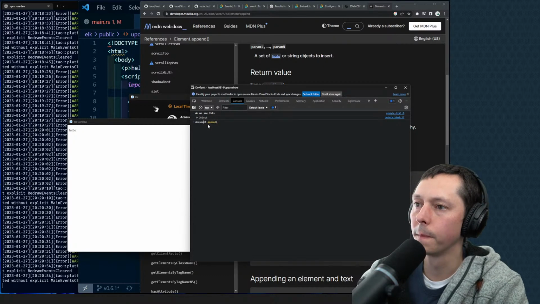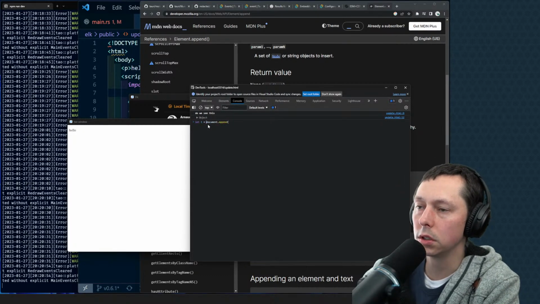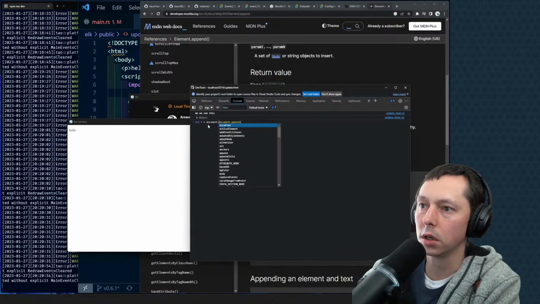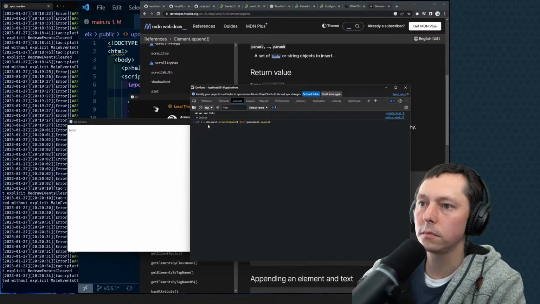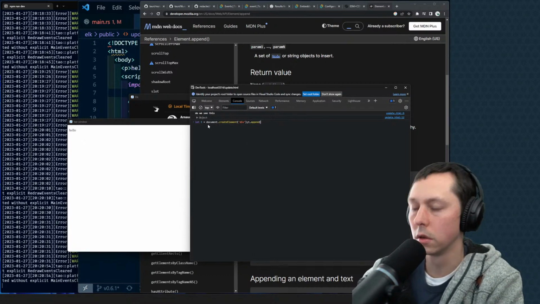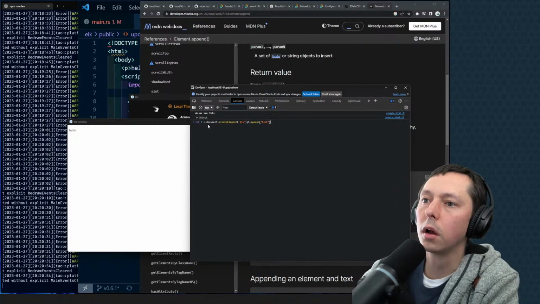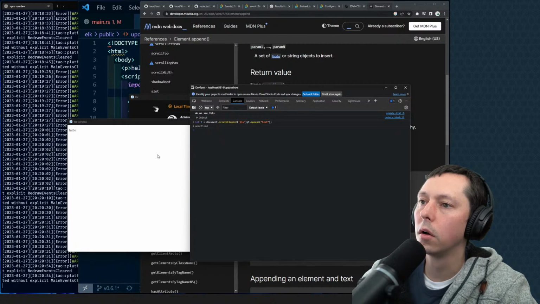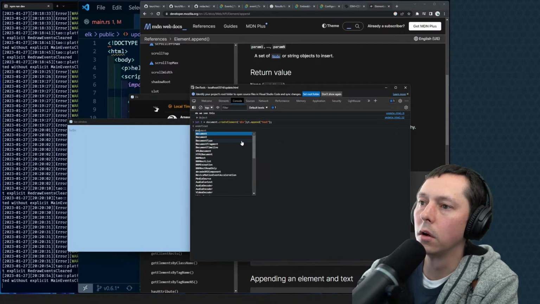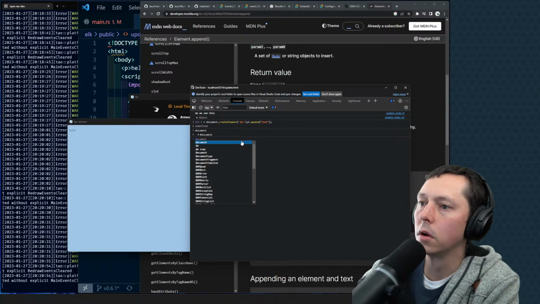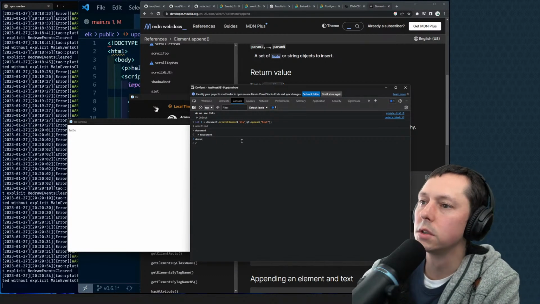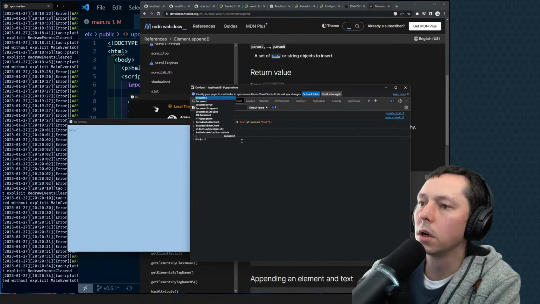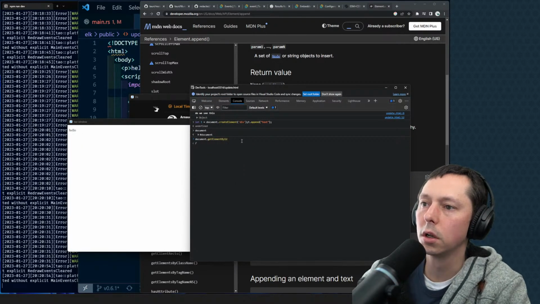Append. So let t equal document.createElement div and t.append text. What? Window document.getElement